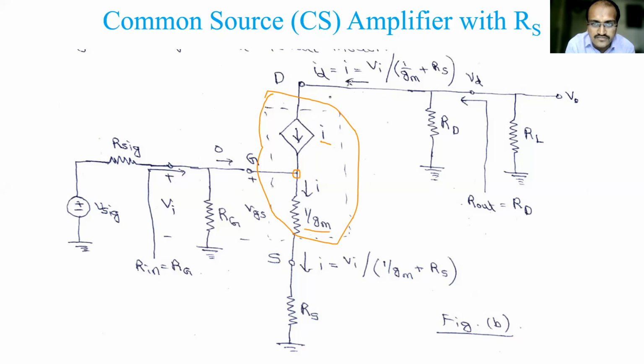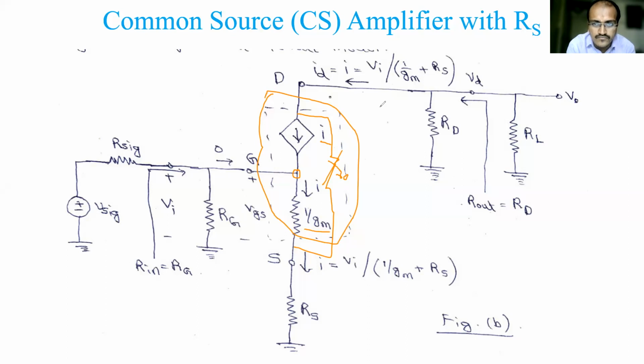And in some cases, you will also have an R naught in parallel to both. So like this, there will be a parallel R naught here. If we include that R naught, again complexity arises in the analysis. So that's why this part is not taken over here. These are some of the assumptions you have made to do this analysis.